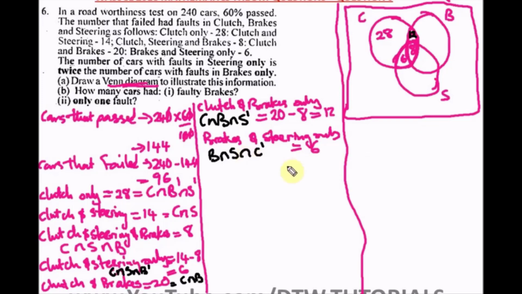All right, okay, so we have this. So brakes and steering only is 6. So we write down 6 here. Okay, so we have 6 here. Then the next thing it says, the number of cars with faults in steering only